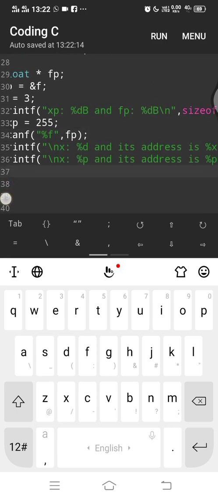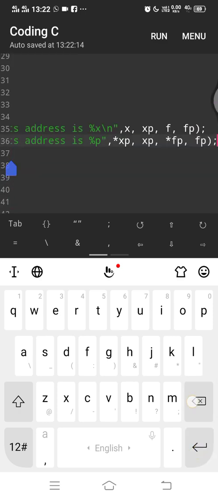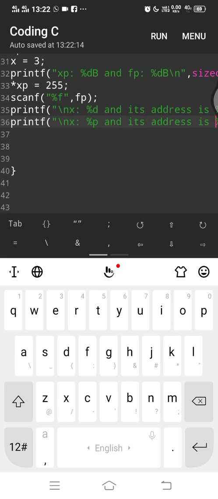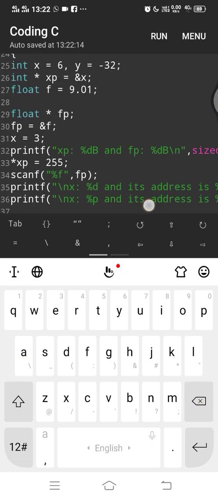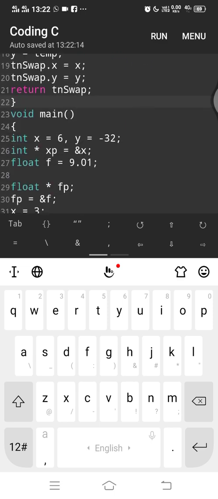Now we'll call the swap function with x and y. Sorry about the clumsiness. We call the swap function. We have to actually take a variable in main. Let's call that